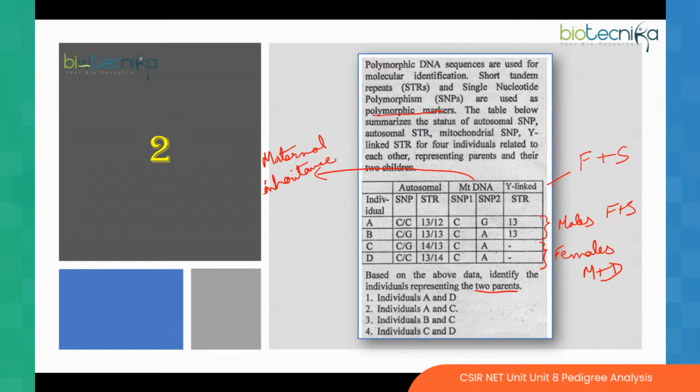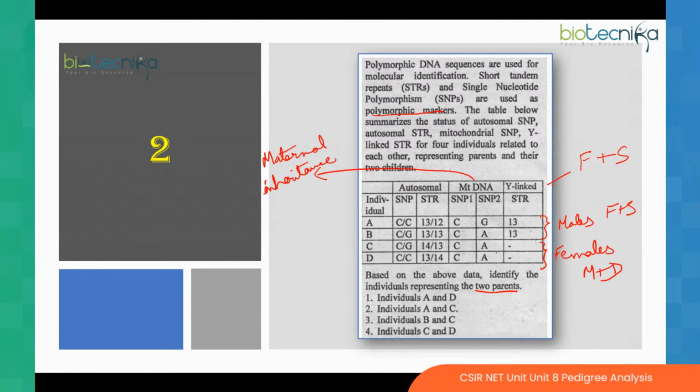So irrespective of whether the zygote is going to develop into male or female, the mitochondria in the zygote is coming directly from the mother. So whatever marker we are looking for in the mitochondrial DNA in the mother and both the offspring is going to be the same, because both the offspring, son and daughter, will receive it from the